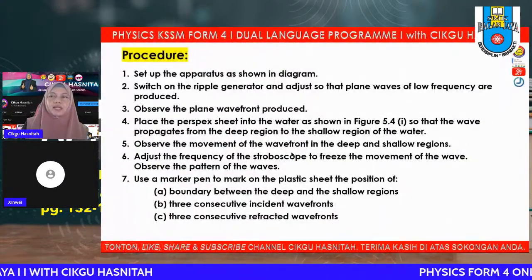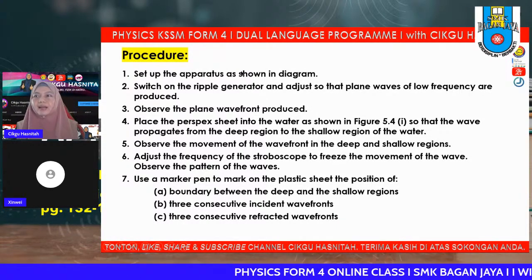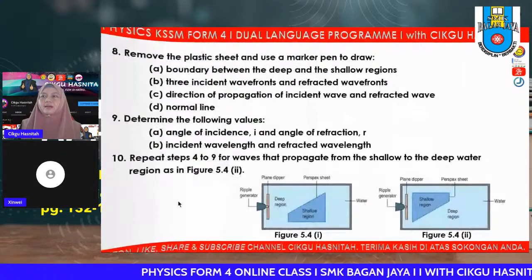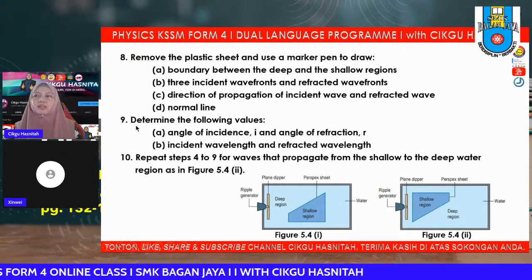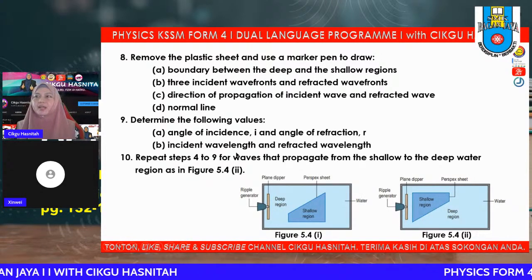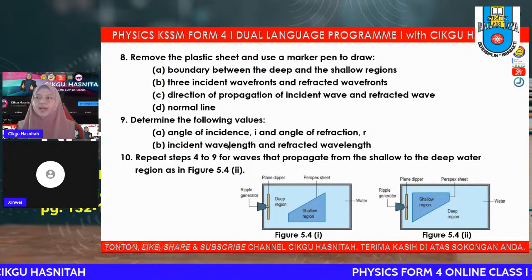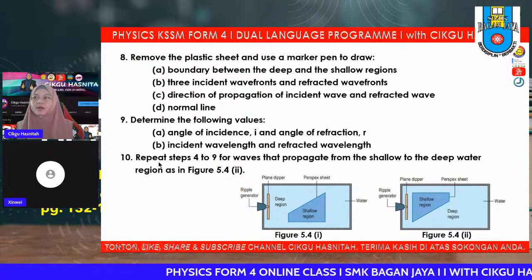Okay, so the procedure you can read through. You can read from number 1, how we do the setup, until number 10. So this is what we have to determine. In number 9, you have to find the angle of incidence, angle of refraction, and also the incident wavelength and the refracted wavelength. So we repeat this experiment